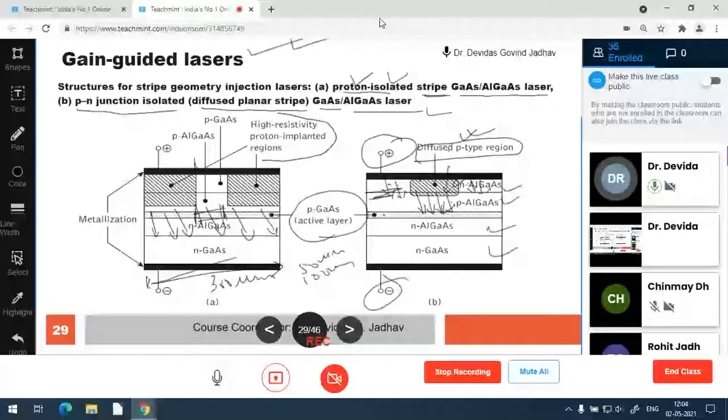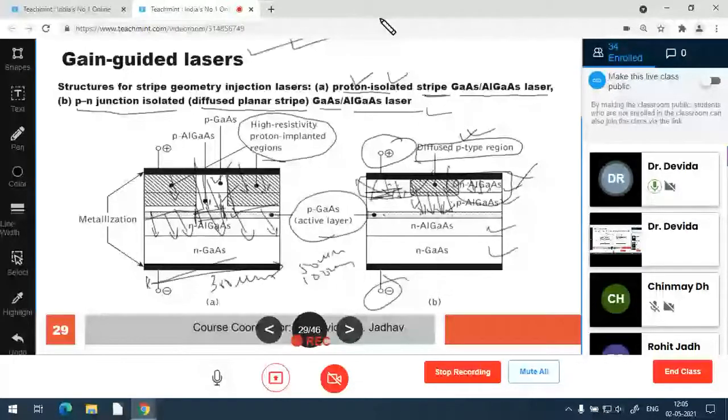Here the proton implantation is done, a high resistivity proton implant which makes a well like this, and this also prevents the charge particles from going into this region, and only this region is allowed for charge particles. So this is a P region, this is also a P region, and this is the active region. Now the P regions and the active region will conduct. The N region is additionally placed or generated here, and it does not conduct because of the reverse bias.